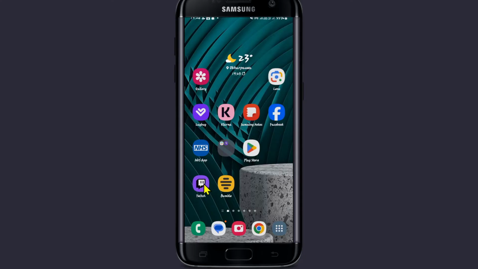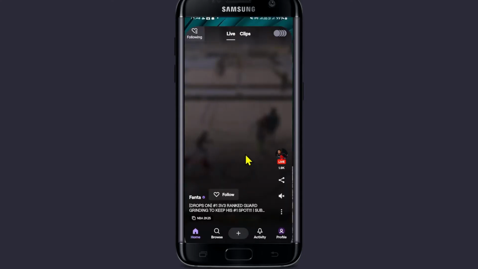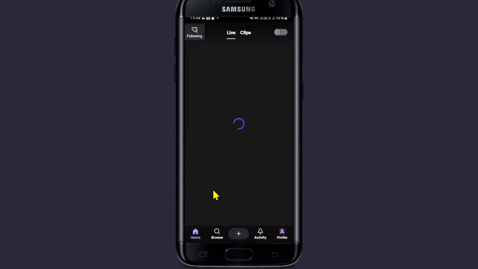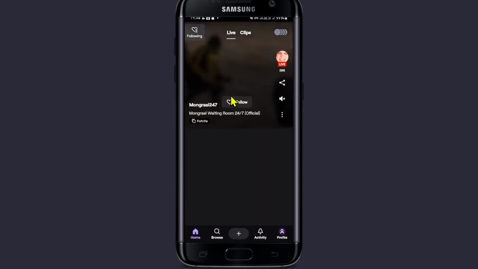First of all, open up the Twitch app on your device. And if you haven't logged into your account already, proceed forward with using your email address and your password. And once you are logged in, you will be taken into the homepage from which you can watch various different